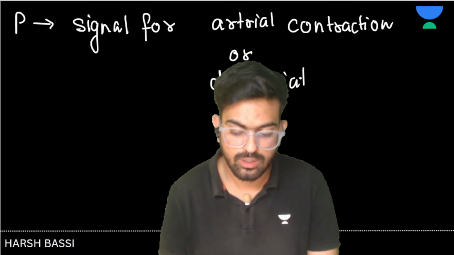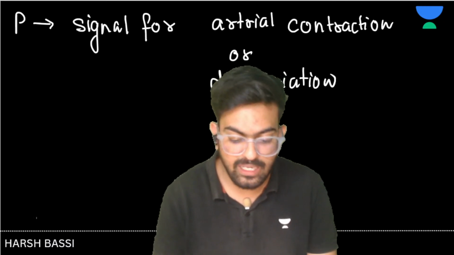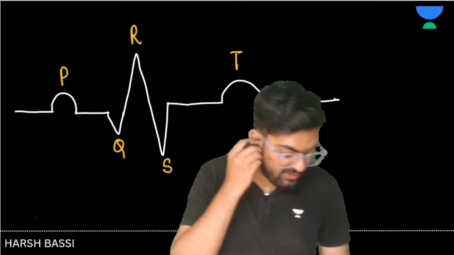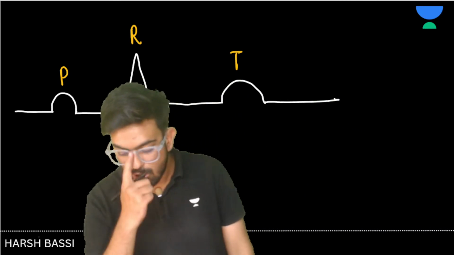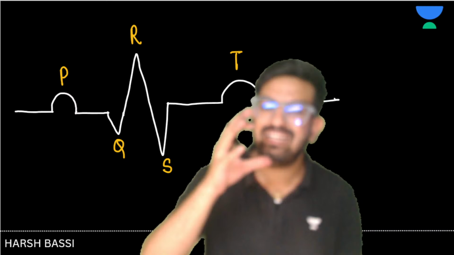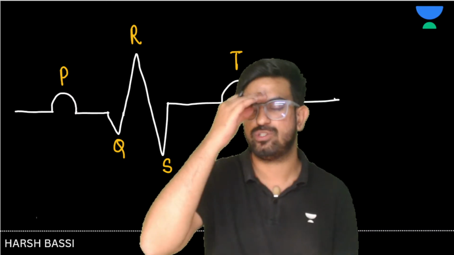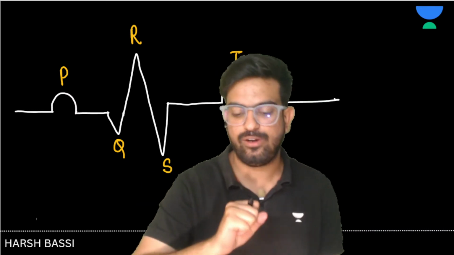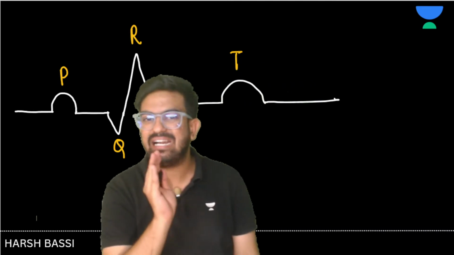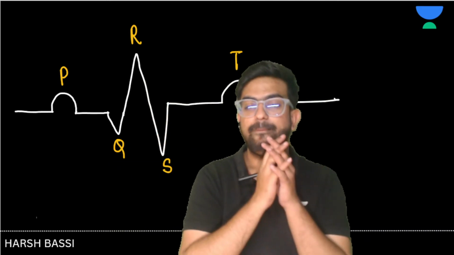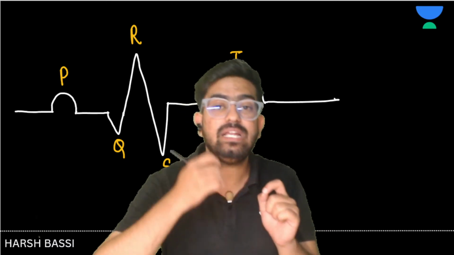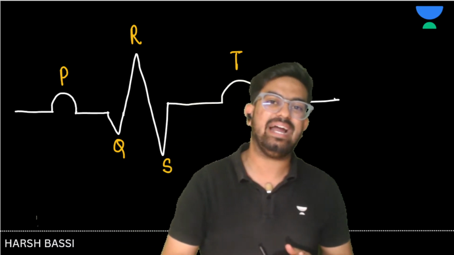Okay, so this P wave is basically not showing you that the atria contracted, बच्चों. This P wave is not showing that the atria is contracted. No, the P wave is showing that the signal for the contraction of the atria has been generated,